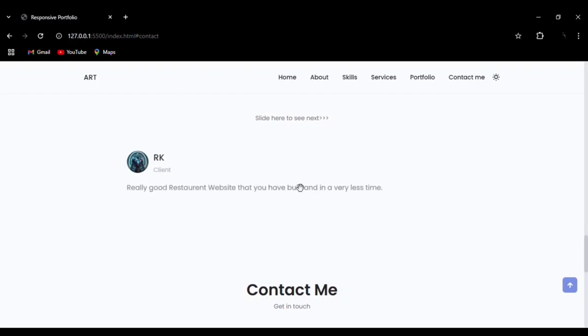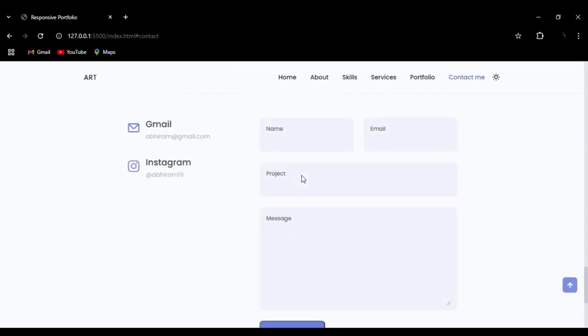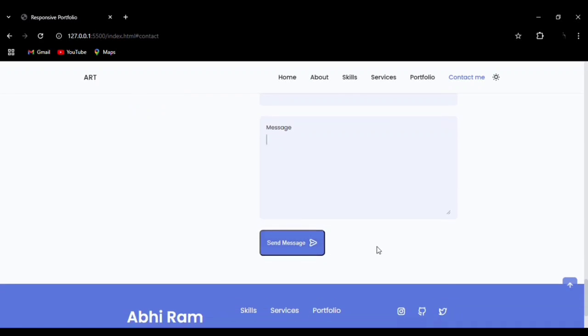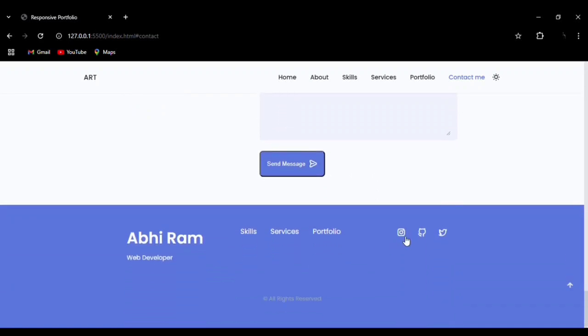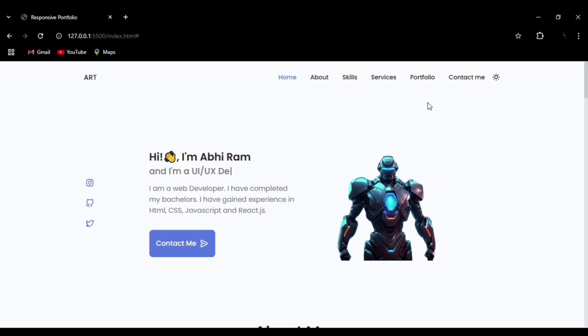You can see the testimonials by some of my clients. Next we have the contact section. You can see the smooth animation, and I have used the type attribute in the email and the form elements. You can see the hover effect on the button. Then similar social media icons, quick links, and the top bar button. If you go back to the first page,